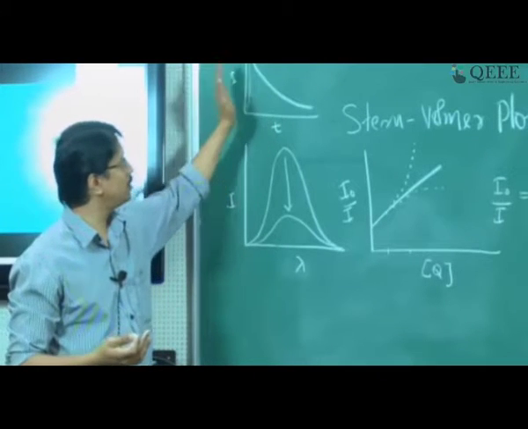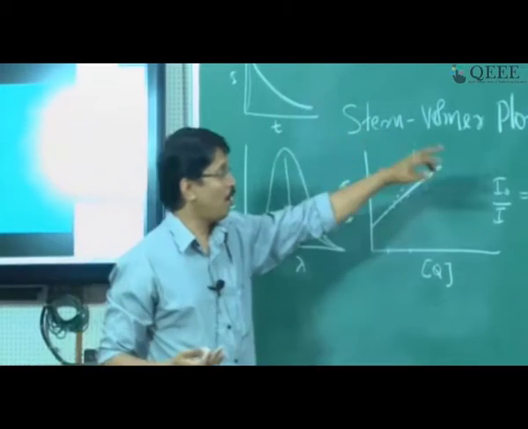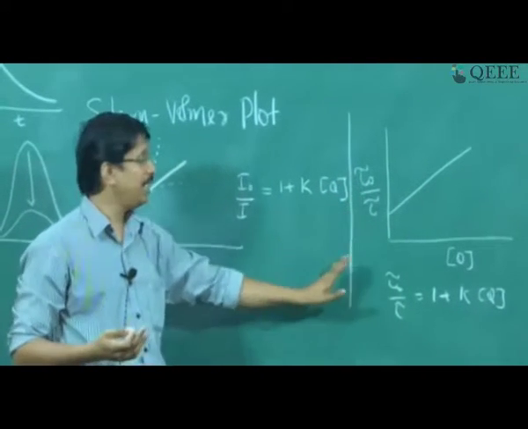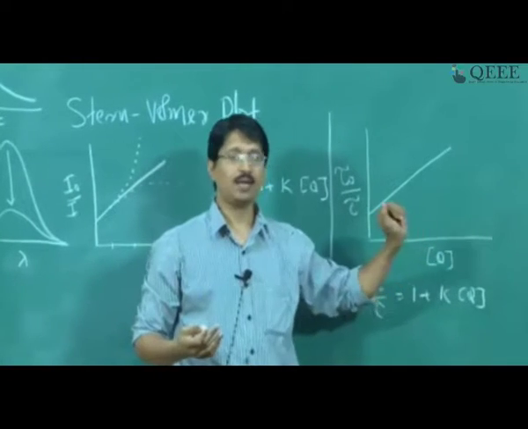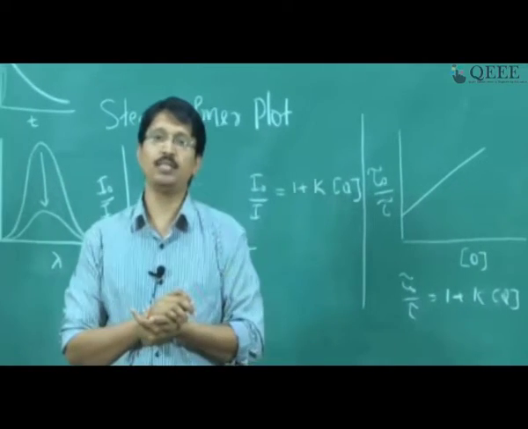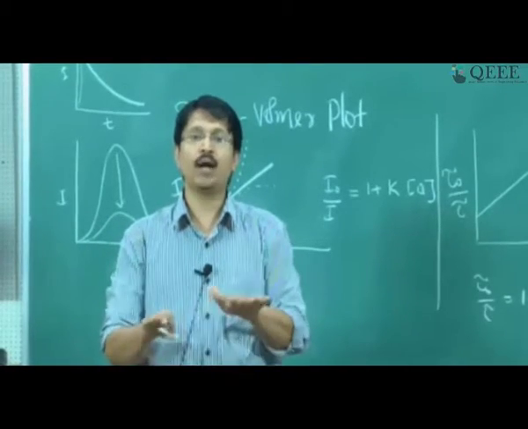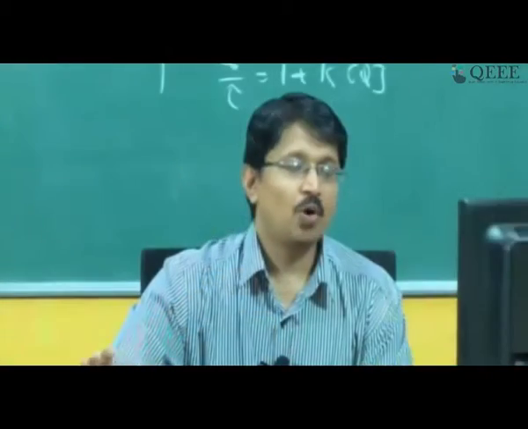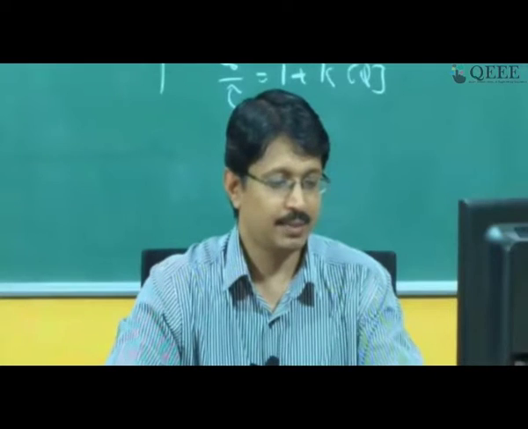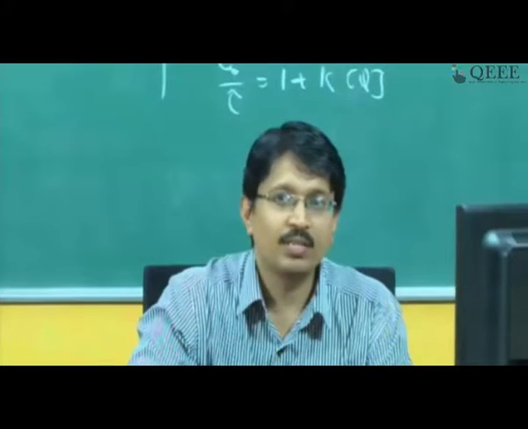Now the question is, if I am measuring this lifetime and plotting the ratio of the lifetimes in the presence and absence of quencher, and I increase the quencher concentration, what will happen to the plot if only static quenching is happening? Static quenching is the one that we defined, where the interaction between the fluorophore and the quencher happens only in the ground state, nothing is happening in the excited state. So please go back to the definition of static quenching. There was a slide, I don't know whether you are able to see it, I will put that back. This is the definition of static and dynamic. Try to apply this definition. How does the plot look like?